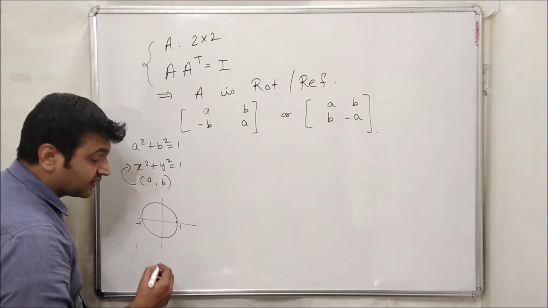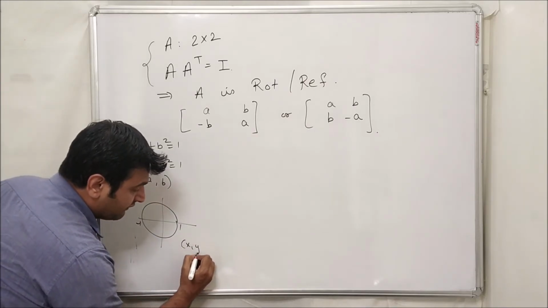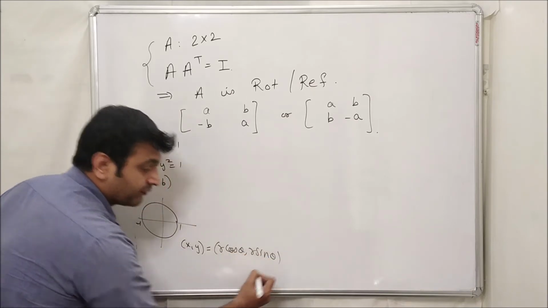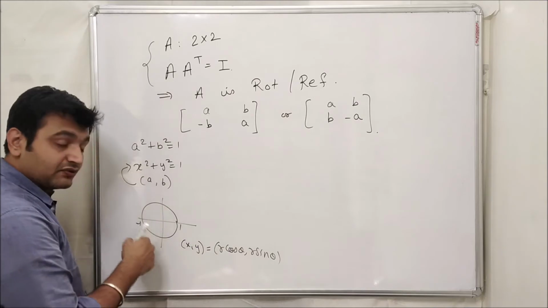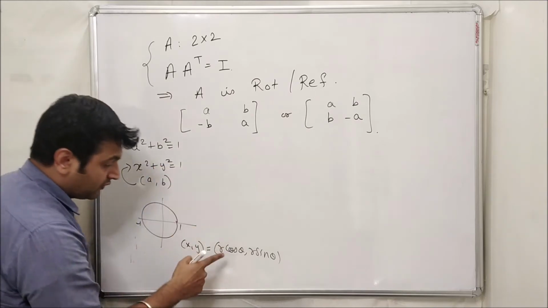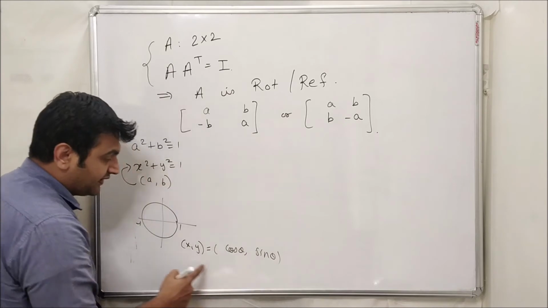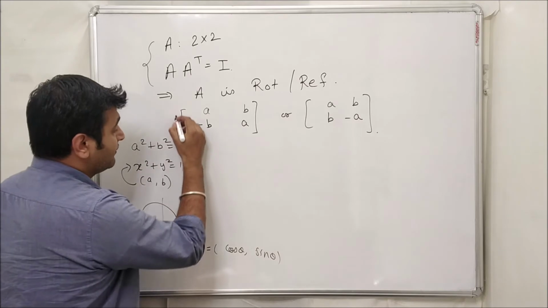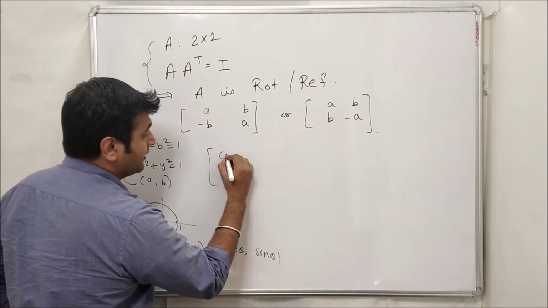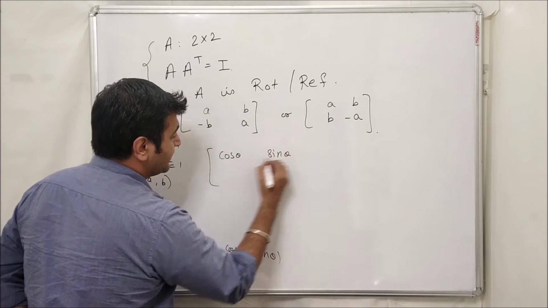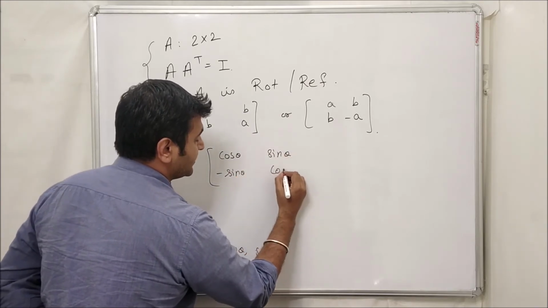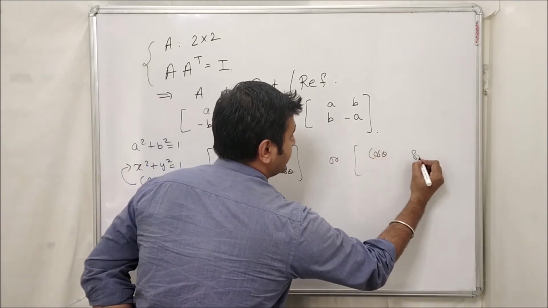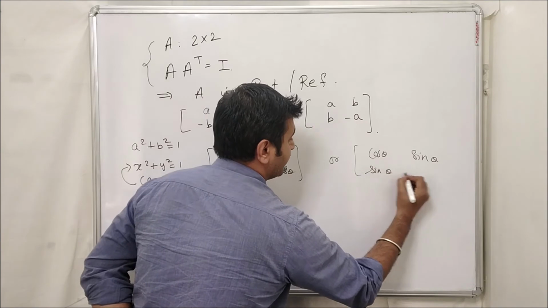And how does the point on a circle look like? If you know any x comma y which is on the circle, it is of the form r cos theta comma r sin theta. Now here my r is 1 because here it is 1 equal to 1. Therefore your x comma y is cos theta, sin theta. Now instead of x and y we have A and B. So over here your A is cos theta, sin theta, minus sin theta and cos theta. And here you will have cos theta, sin theta and minus cos theta.